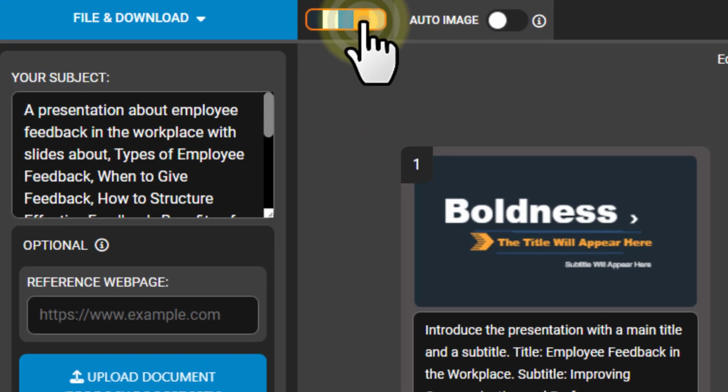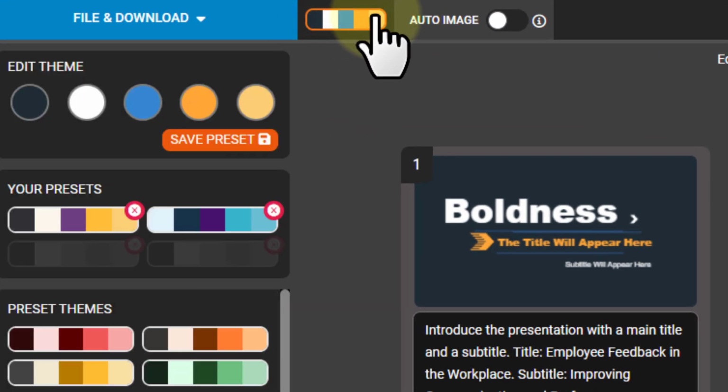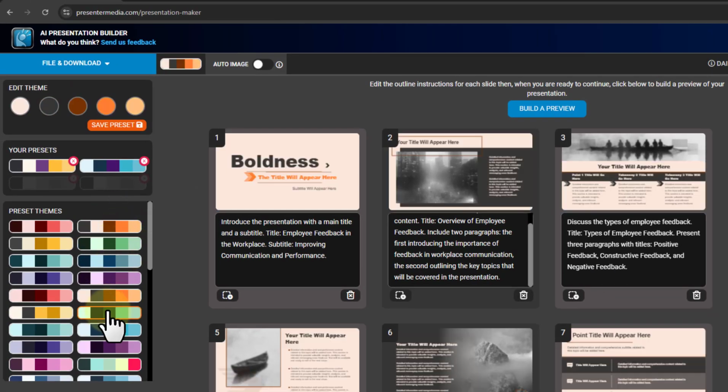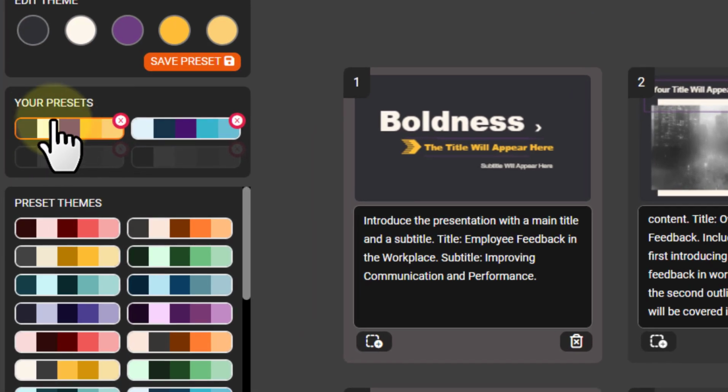I'm going to go up to the color picker up here. So this is the color themes, and I can select a new theme. You can see that it changes over there, so I can get a good idea of what that looks like. I can save a theme to my presets, which I have here, and I'm going to go with